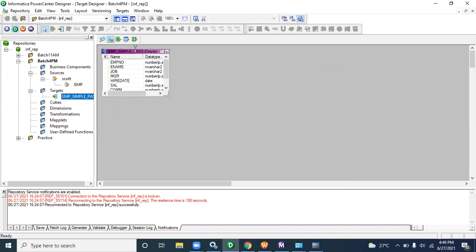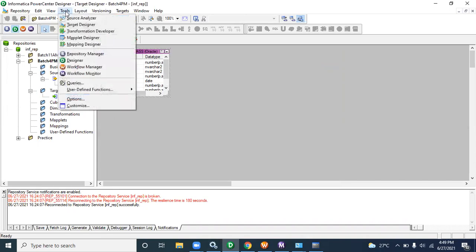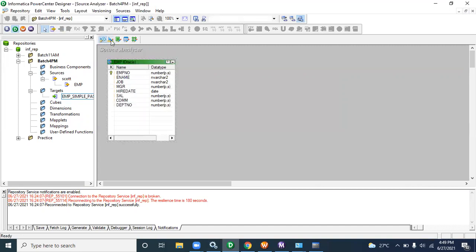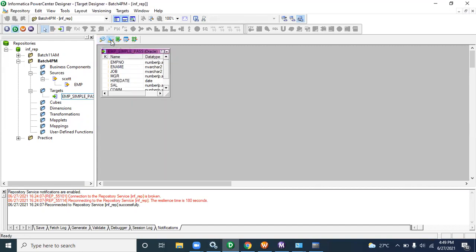in the target table. Okay, so go to the Tools menu, click on Mapping Designer, or this is the icon, the last icon. Informatica has given icons: if you want Source Analyzer, that is where the source is situated. Target means the target table is there. This is the mapping transformation, but initially no need to use Transformation Developer, Mapplet Developer. You can use Source Analyzer, Target Designer, and Mapping Designer.